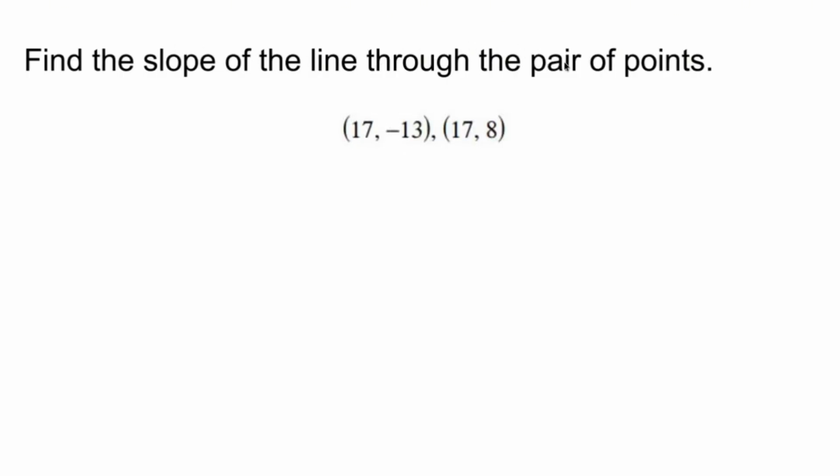Find the slope of a line through the pair of points (17, -13) and (17, 8). Now, I know what's going to happen, but let's pretend we don't. We are to find the slope of 2 points, and what I'm going to do is write